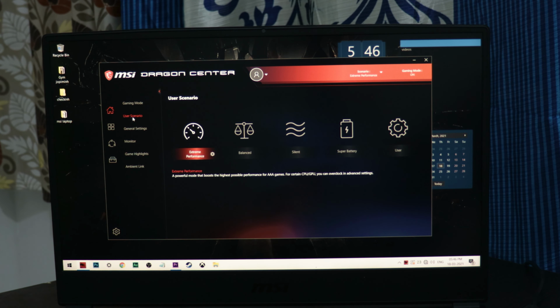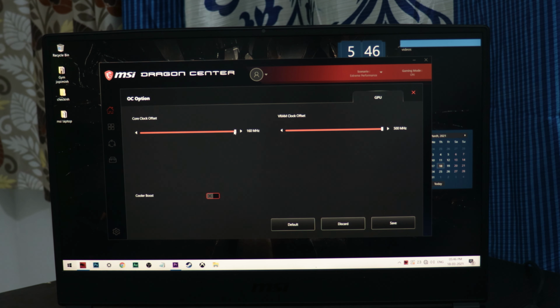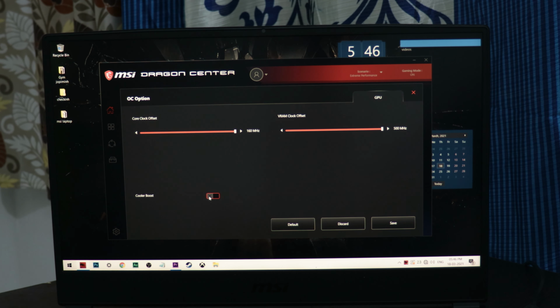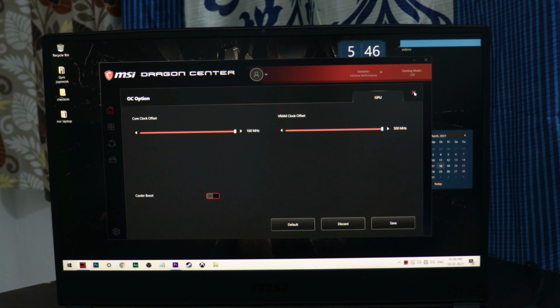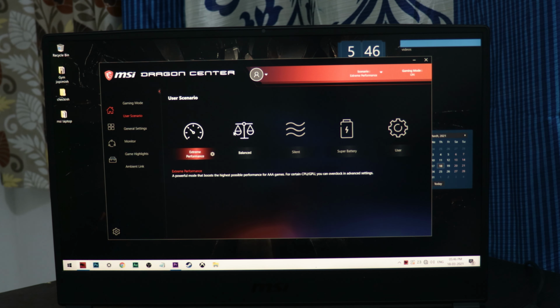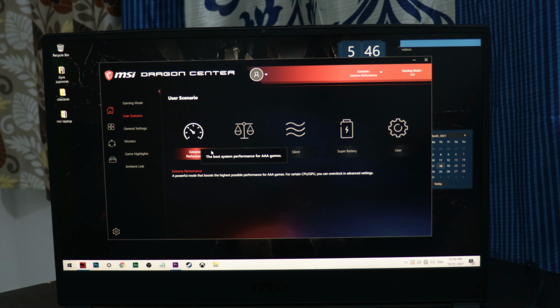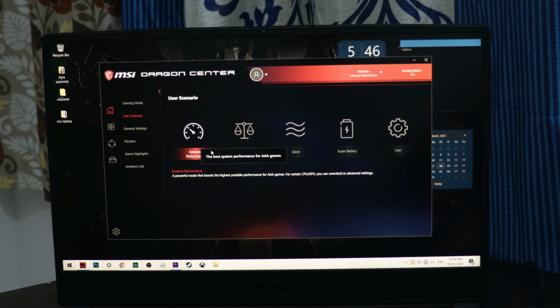You can see extreme performance. If you click on that, you will see the core clock offset. You can increase or decrease this, and you can also enable or disable the cooler booster and click on the save option.